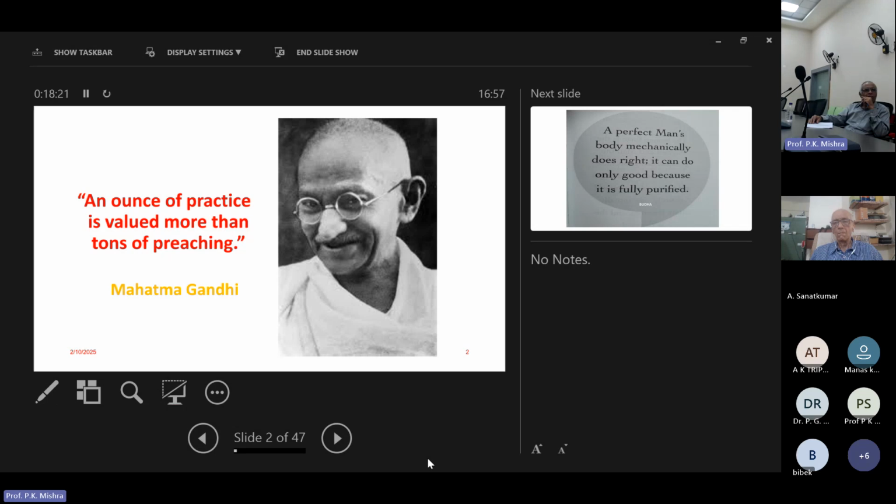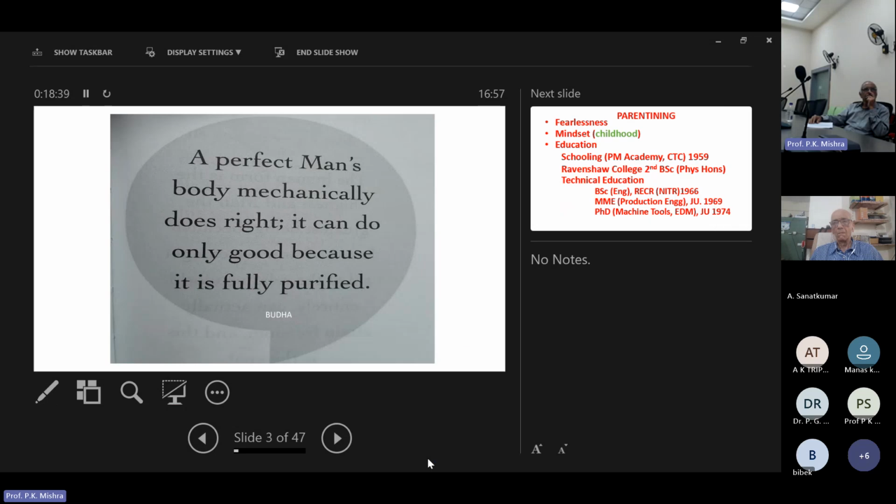Because mothers generally choose the elder brother as the family member. Anyway, I was always following my father, and that day I chose this subject. Mahatma Gandhi, as the Buddha has said, the perfect man's body mechanically does the right thing. It can do only good